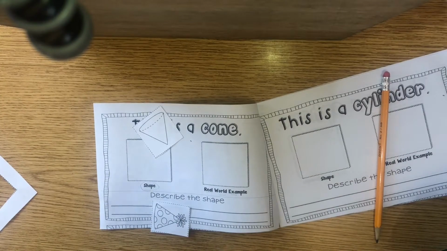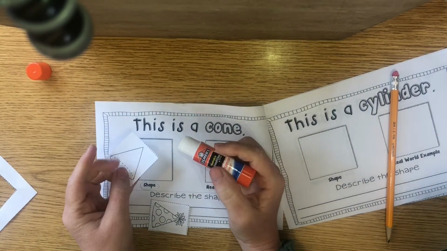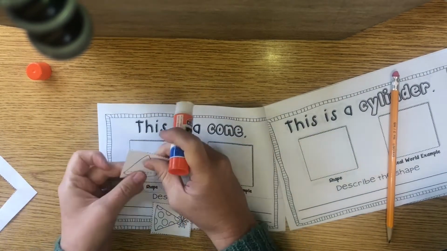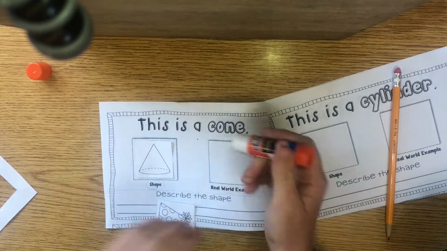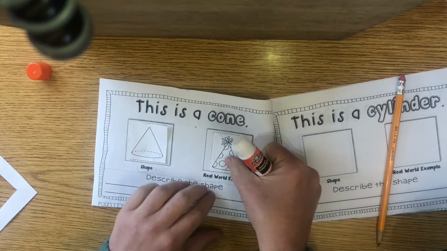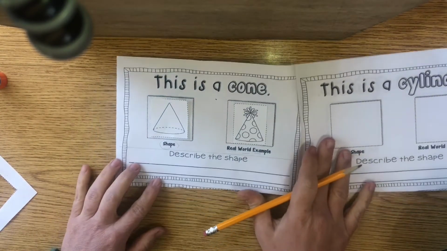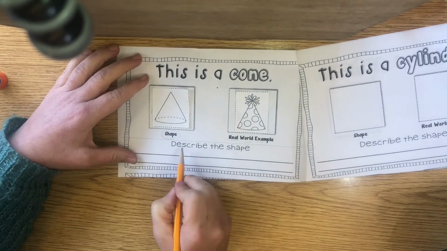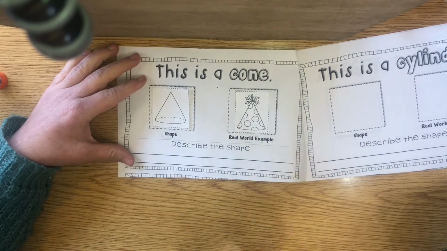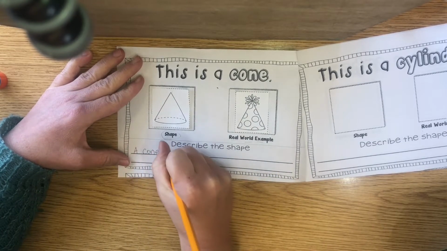Then I'll glue the shape in the section that says shape. And you can choose. These shapes can go any direction you want because they're still a shape. There's that. And then there's the real world example. Now this writing part you can do after you've done all of your gluing, or you can do it one page at a time. Describe the shape. What are ways that we can describe a cone? A cone has